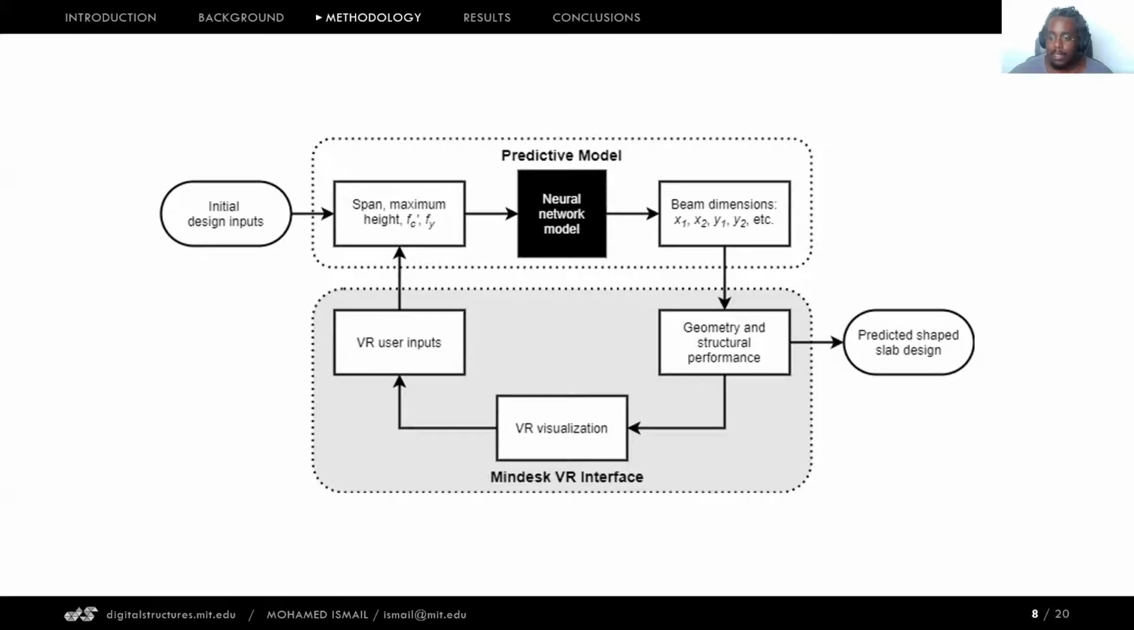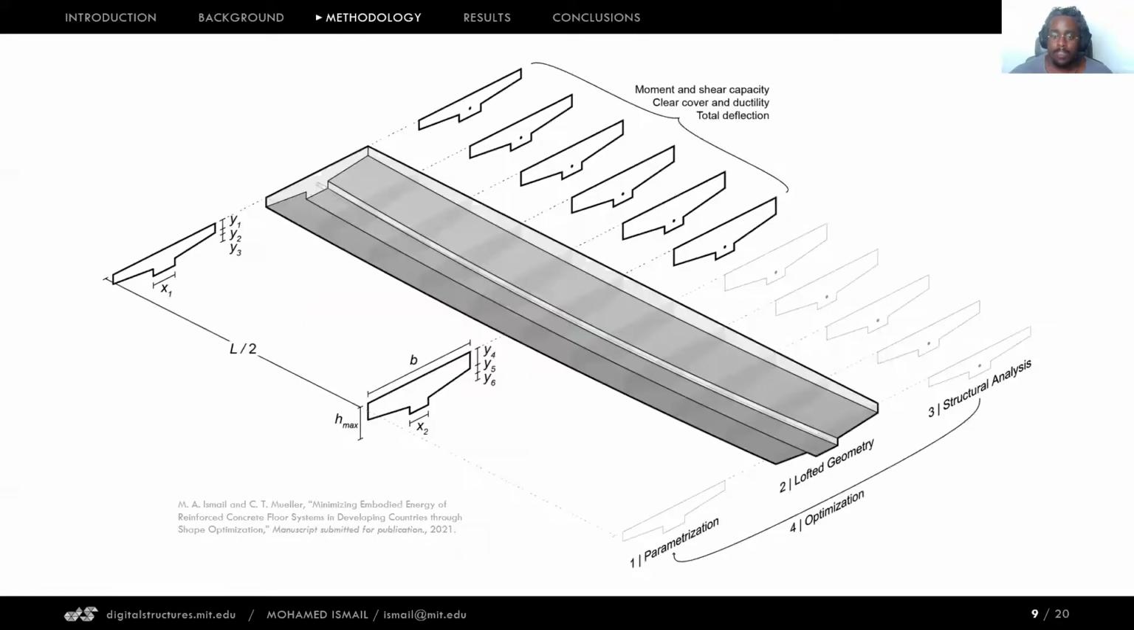As you can see, Mindesk also allows the user to manipulate the inputs and iterate through the design options in real time, thanks to the speed of the predictive neural network model. For this paper, we used the case study of a shape-optimized concrete structure as an alternative to the flat slab construction occurring worldwide. We reference a previously published method for the shape optimization of concrete slabs, and this is a